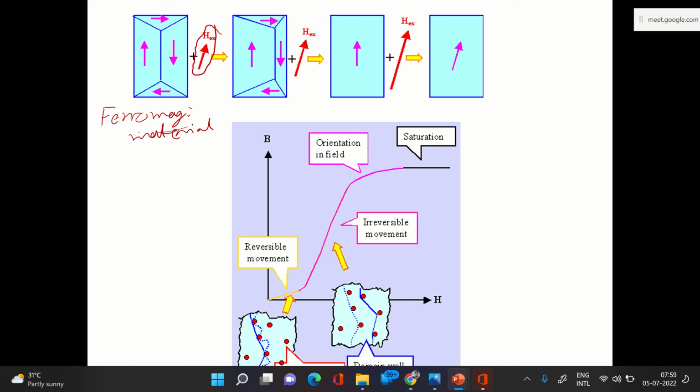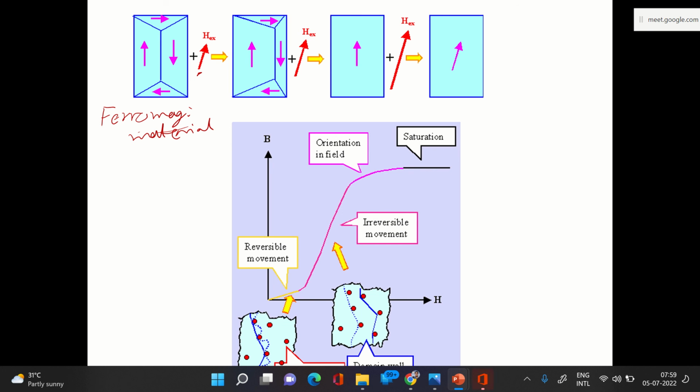Okay, so please note, left to right we are moving. What is the situation, what will happen? So look at this. This is the direction of the externally applied magnetic field, HEX, right? Note that. And now look at the